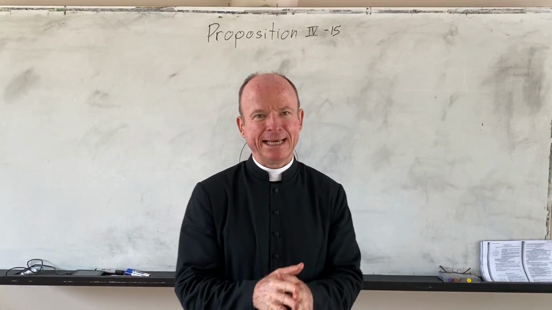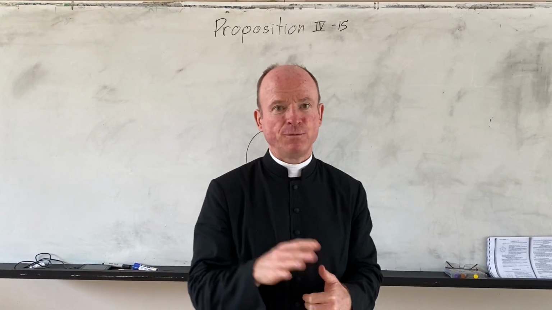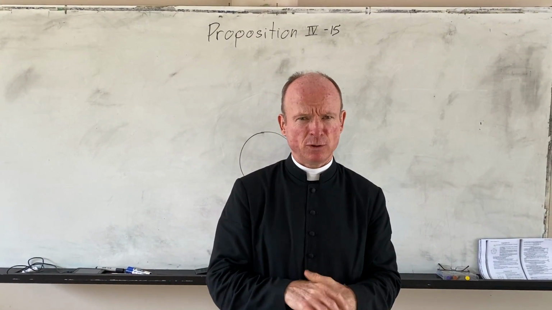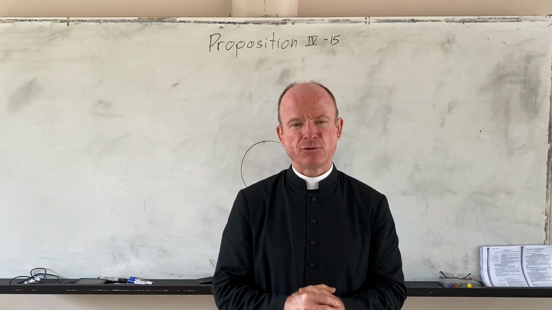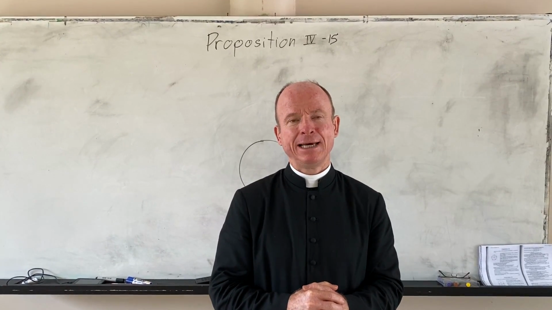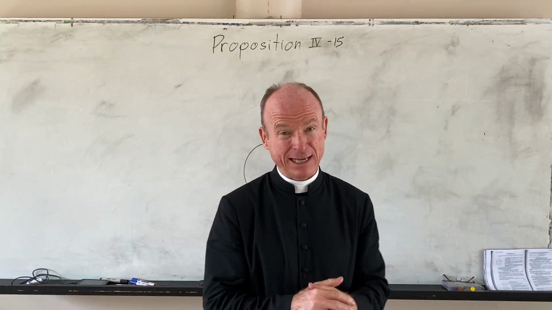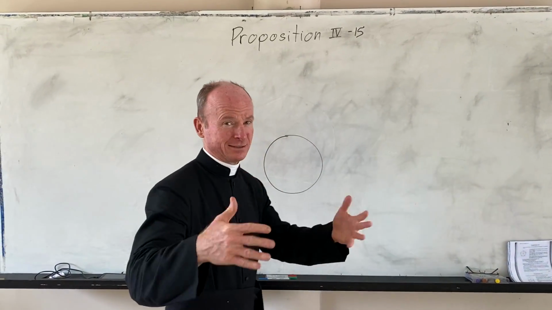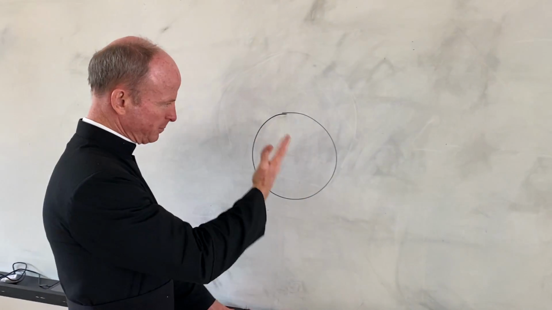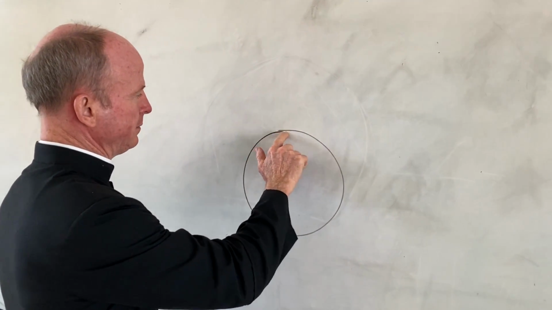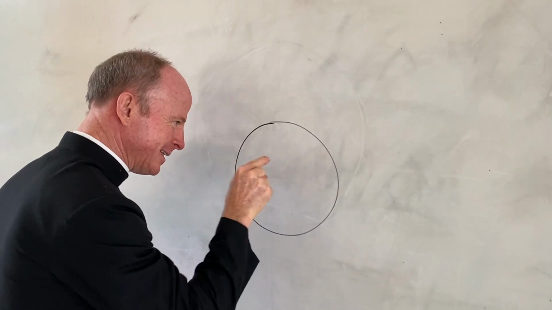Hello, dear students. Today we have proposition 15 of book 4, the penultimate of book 4. In a given circle, to inscribe an equilateral and equiangular hexagon, a six-sided figure. Hexagon, I guess. Okay, let this be your given circle. Thus, it is required to inscribe in this circle